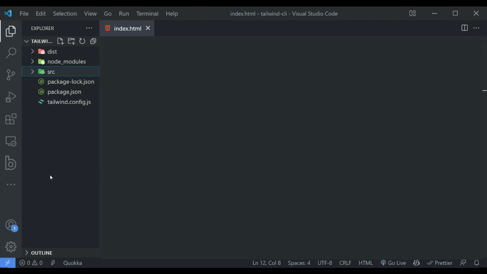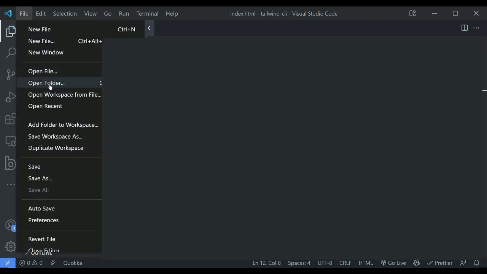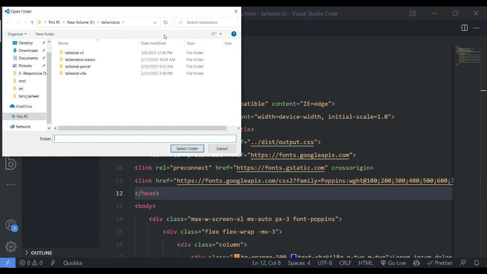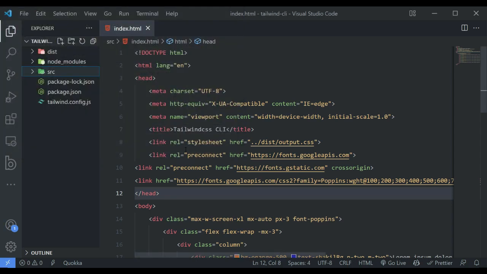So the first thing, we have to create a new folder. Simply go to File, click on Open Folder, and I am going to create a new folder, and the folder name will be tailwind-components. Create that, select folder,